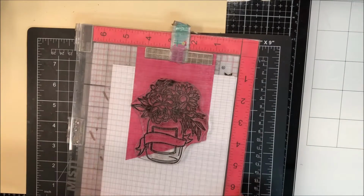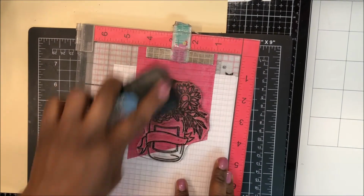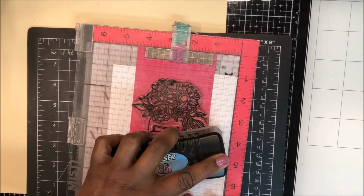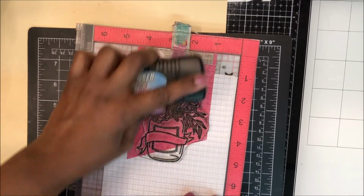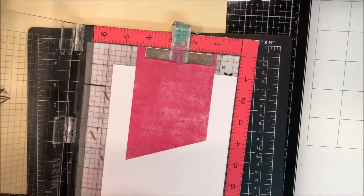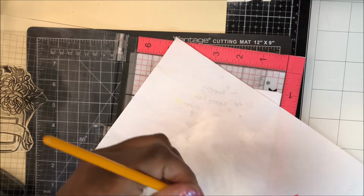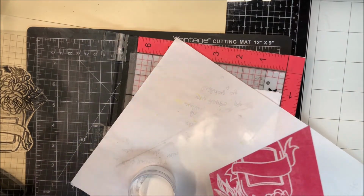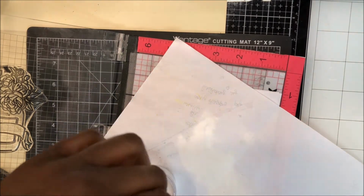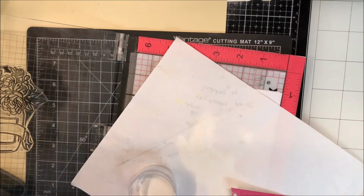I'm going to go ahead and heat emboss this, and then I'm going to line up my bottom pattern paper to the length that I want to place it on my card base. And then once I get that lined up, I'm going to remove the top panel and stamp the bottom portion of the stamp on my bottom pattern paper so that it'll be easy for me to line these up